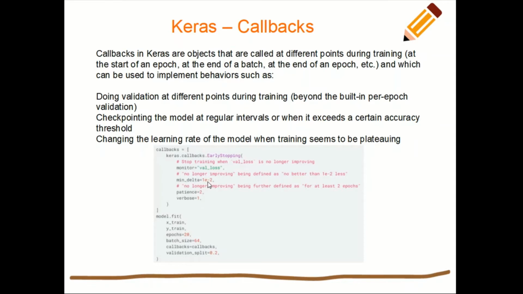We monitor the validation loss and specify the minimum delta. Minimum delta is the minimum amount of change that we want to happen. If the change is not happening for, say, 2 epochs or 3 epochs, whatever we want, we can stop the training. So that is the first callback that I wanted to discuss.